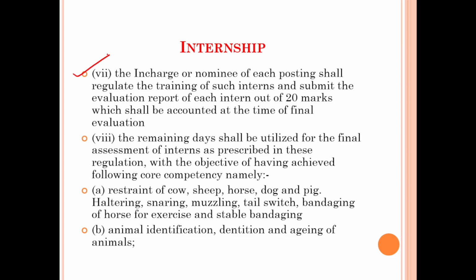Moving on, the in-charge or the nominee of each posting shall regulate the training of such interns and submit the evaluation report of each intern out of 20 marks, which shall be accounted at the time of the final evaluation. The remaining days shall be utilized for the final assessment of the interns as prescribed in these regulations, with the objective of having achieved the following core competencies, namely the restraint of the cow, sheep, horse, dog and pig, haltering, snaring, muzzling, tail switching, bandaging of the horse for exercise and stable bandaging, the animal identification, dentition and the